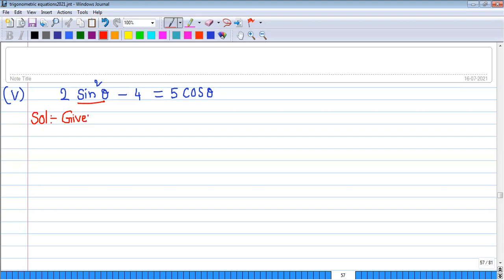Given 2 sine square theta minus 4 equals to 5 cos theta. So my dear students, here sine square theta equals to